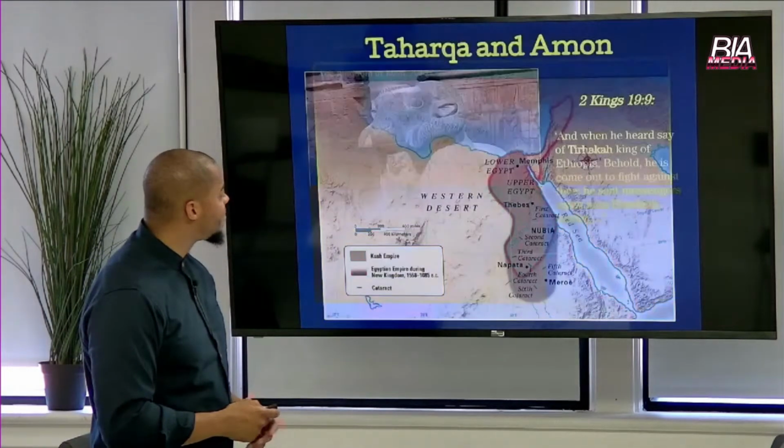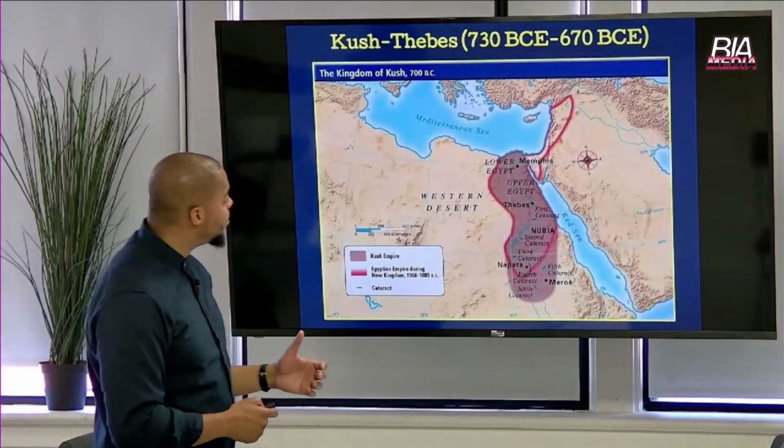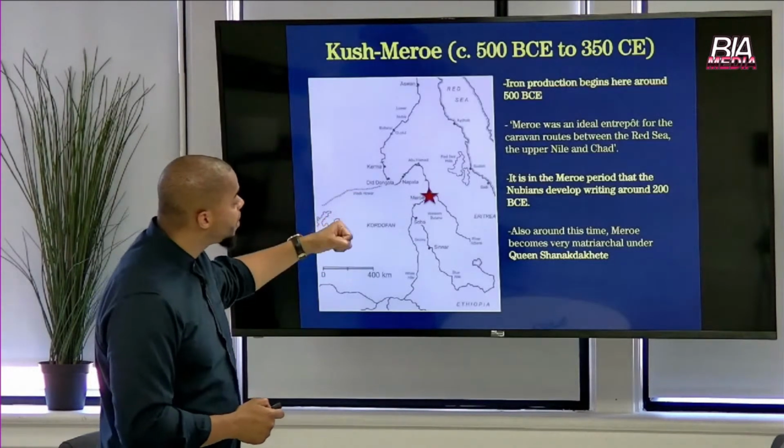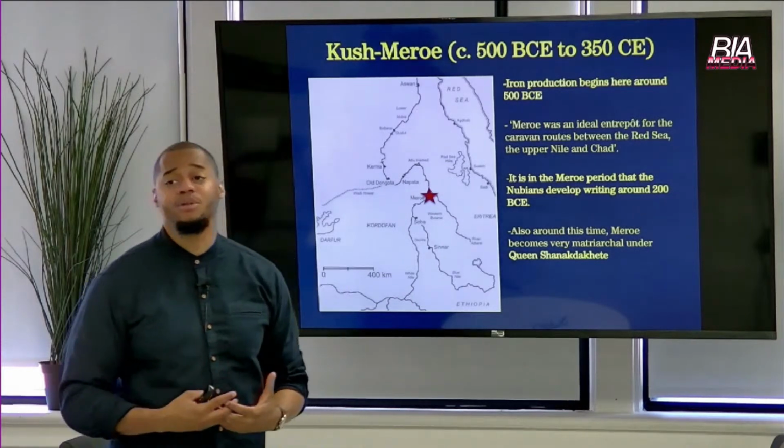Later on, after this period, the Nubians would move their capital again from Napata to Meroë, and it's around 500 BC that they start producing iron in Nubia. Very important